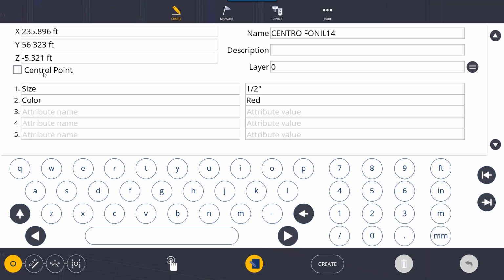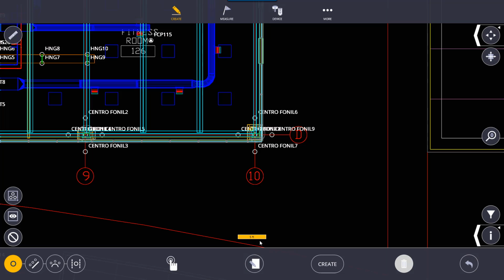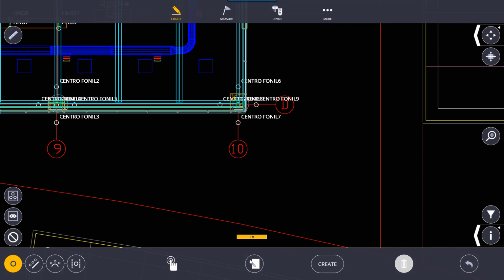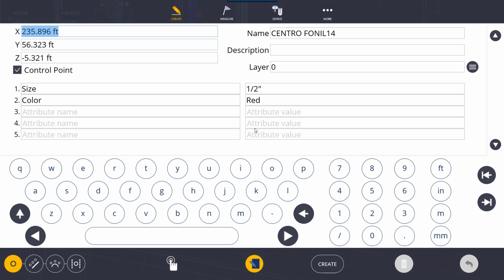You can also designate this point as a control point, and what that will do if you check this box and we look back at this point. Whoops, I didn't hit apply edit. So if we check that,